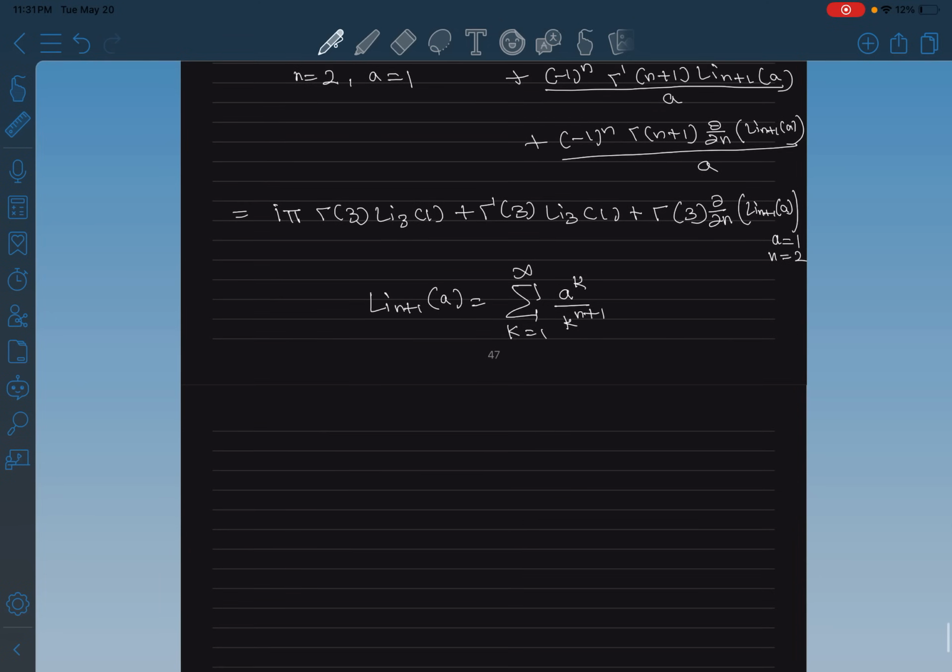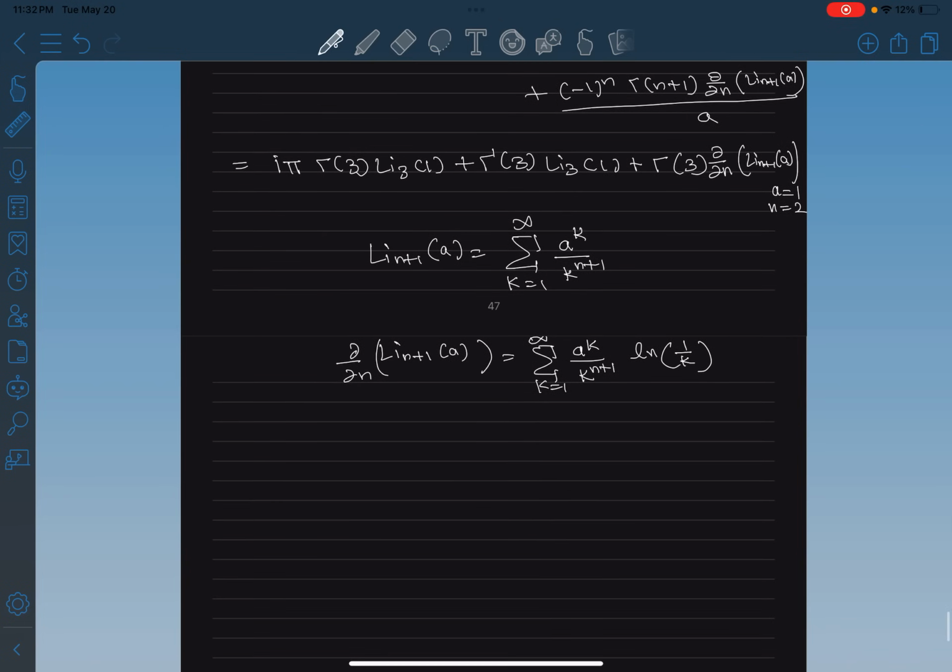Now if we differentiate this with respect to n, what will happen is you will now have the sum from k equals 1 to infinity of a to the power k, k to the power n plus 1 times log of 1 by k, right? And so now if you substitute a as 1 and